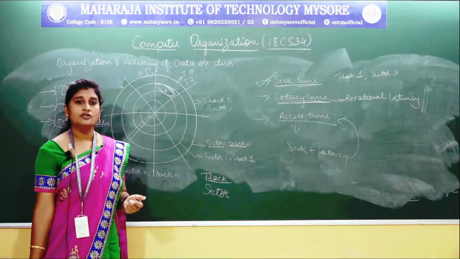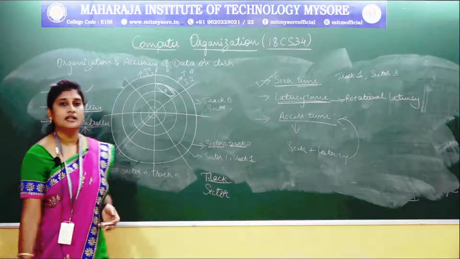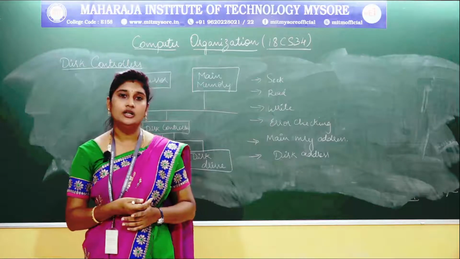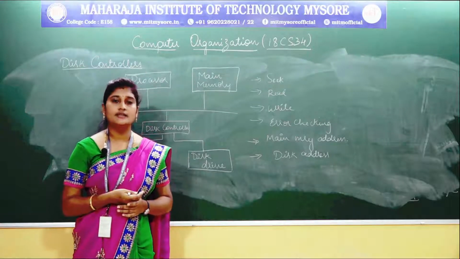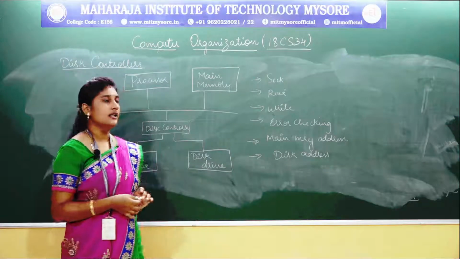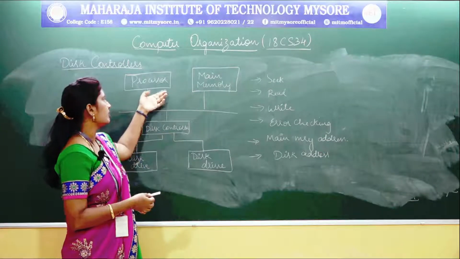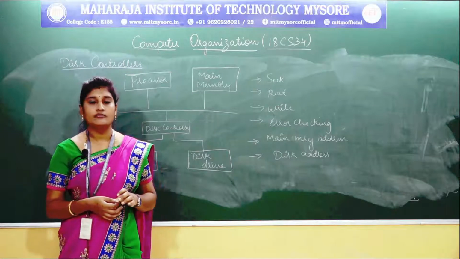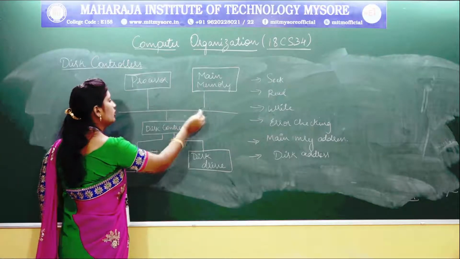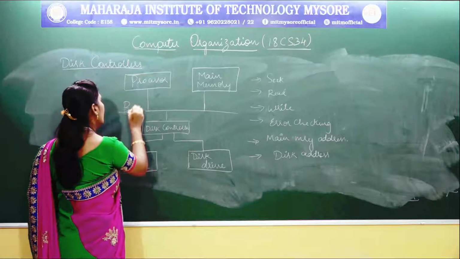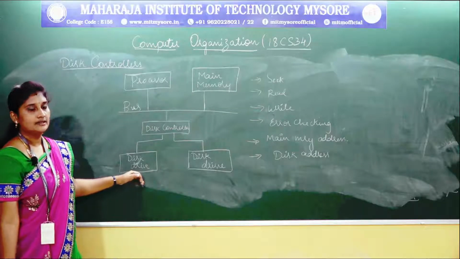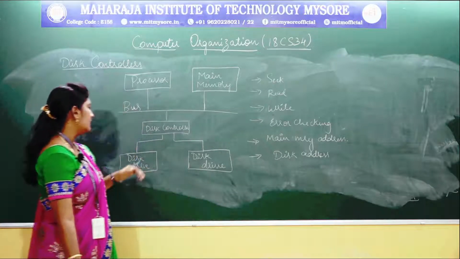Fine, understood. So moving on to the next topic, that is your disk controller. The complete operation of the disk is carried out by your disk controller. The disk controller provides an interface between the disk drive and the processor and the main memory. The disk controller is connected to the functional units of your computer system through a bus structure. So the disk controller is responsible for accessing the data in your particular disk drives.